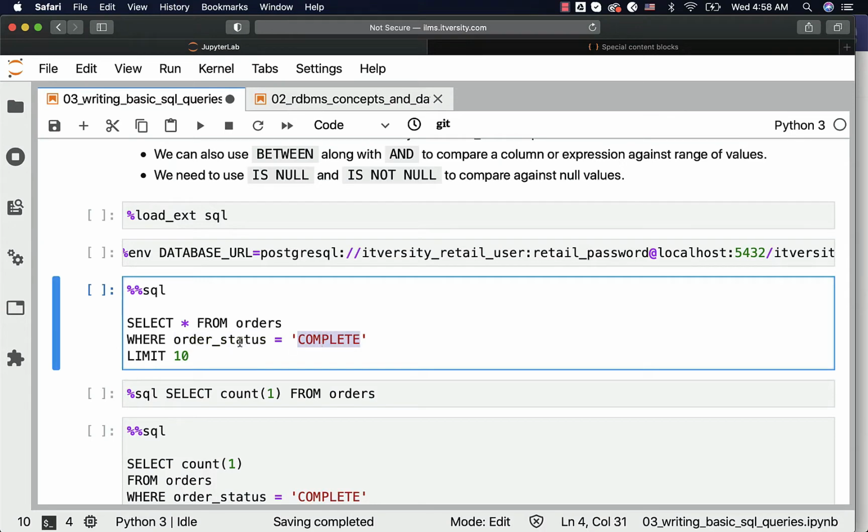We can also have expression, which is nothing but a derived column out of existing column, against another expression or another column, or you can have literal with either expression or column or another literal. So there can be anything as part of this where clause. It need not be column and literal always. You can have either column or derived column or expression or literal compared to column or expression or another literal.